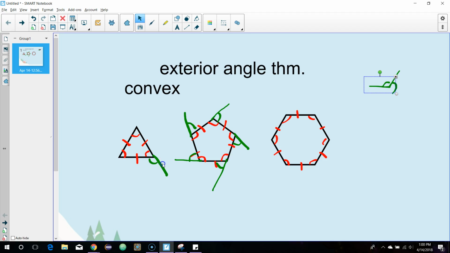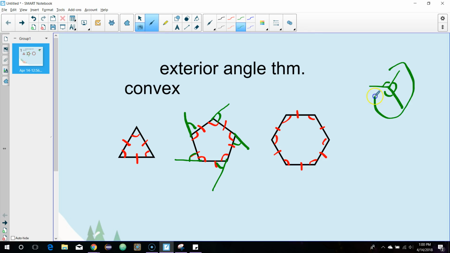And I'll grab the last one. Okay, if I put all three of them together for a triangle, this will sum up as a circle. So a circle is going to be 360 degrees. Alright? A circle is going to be 360 degrees. So basically the exterior angle theorem